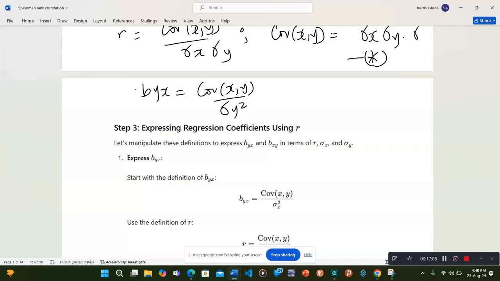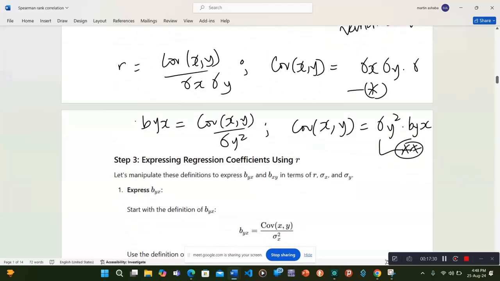If that is the case, we also get covariance. So covariance between y and x will therefore equal sigma y squared times byx. So is there anything you see related? Maybe this is double star. So if you see anything related above,